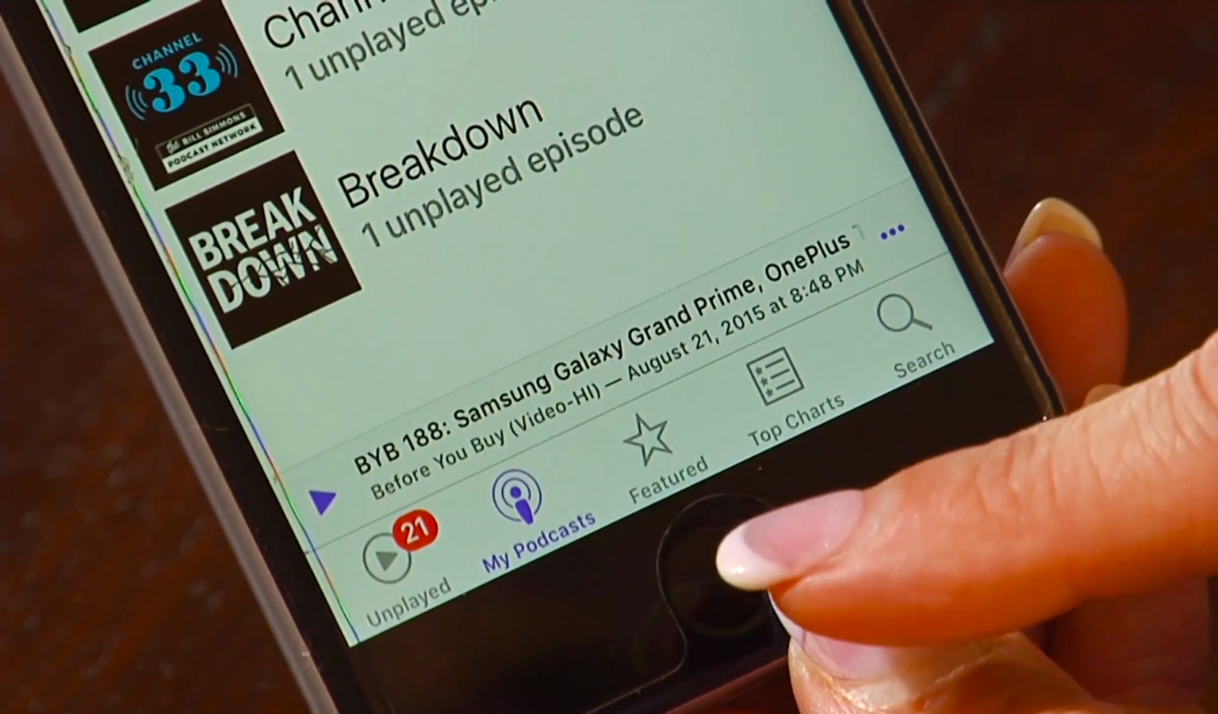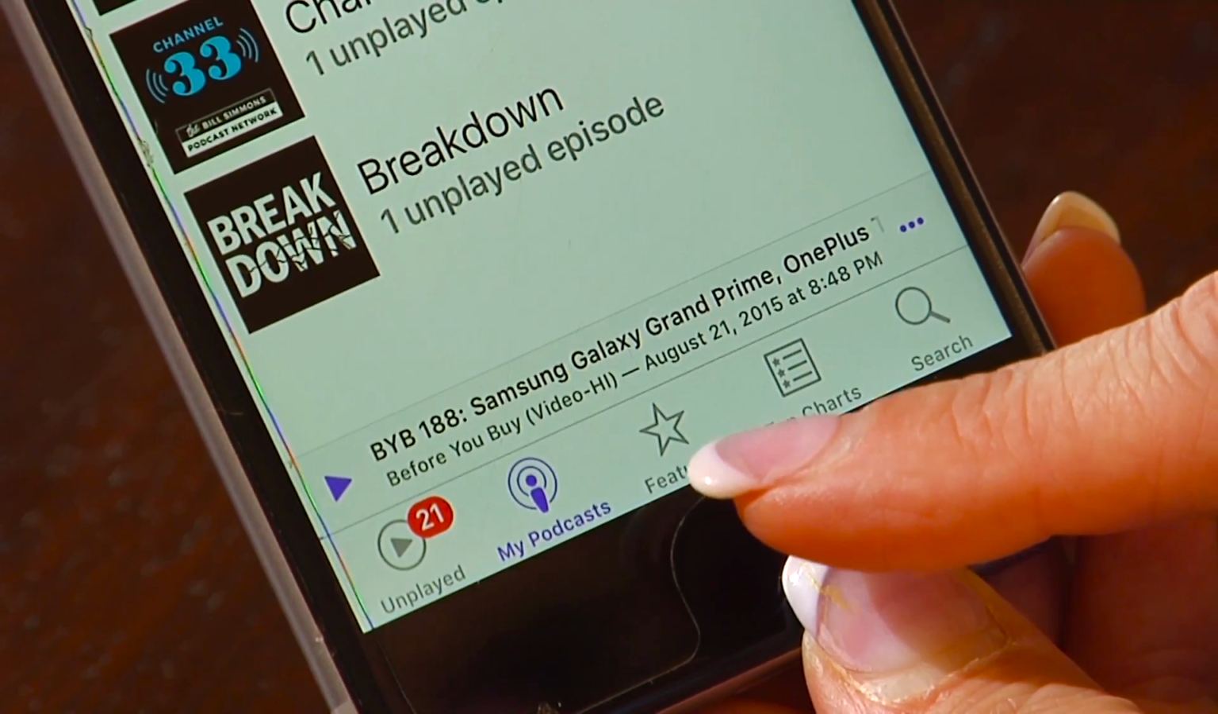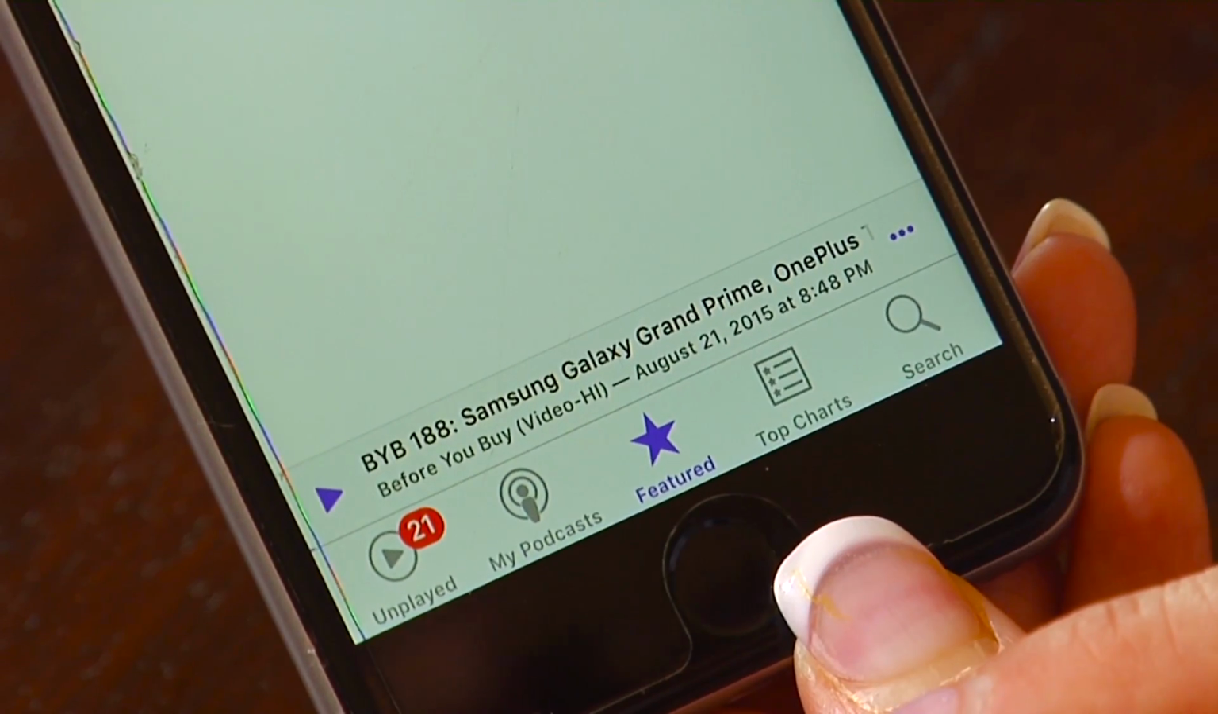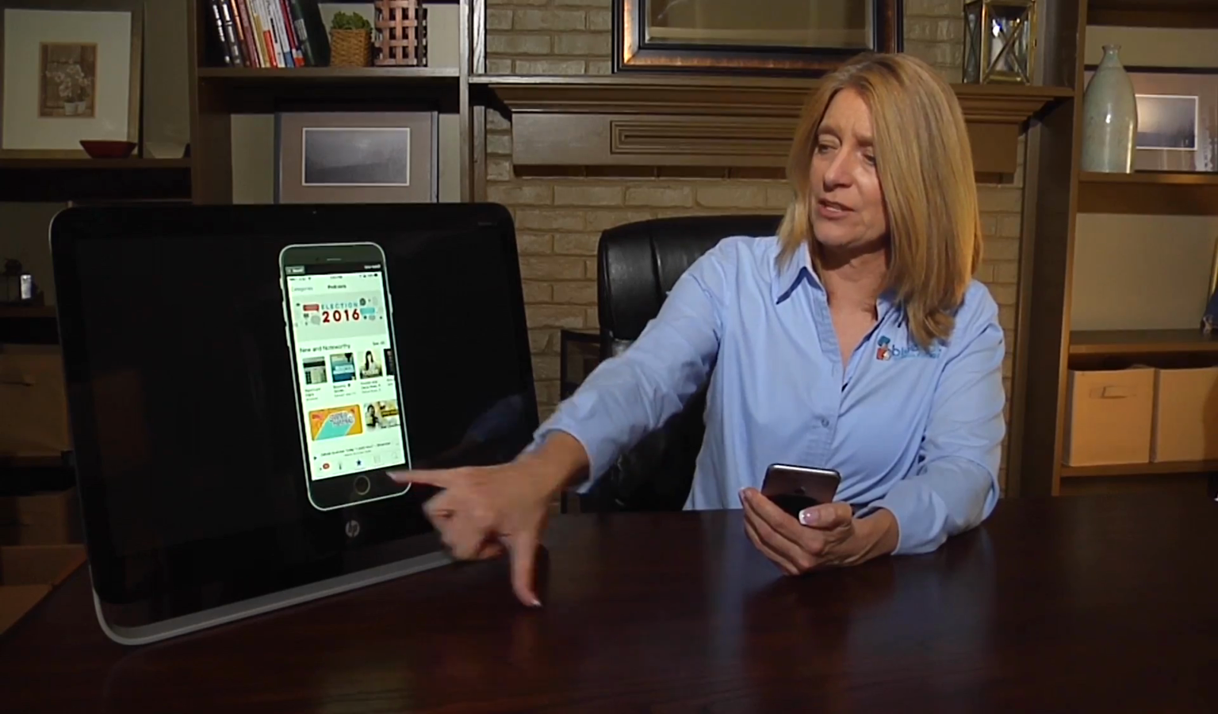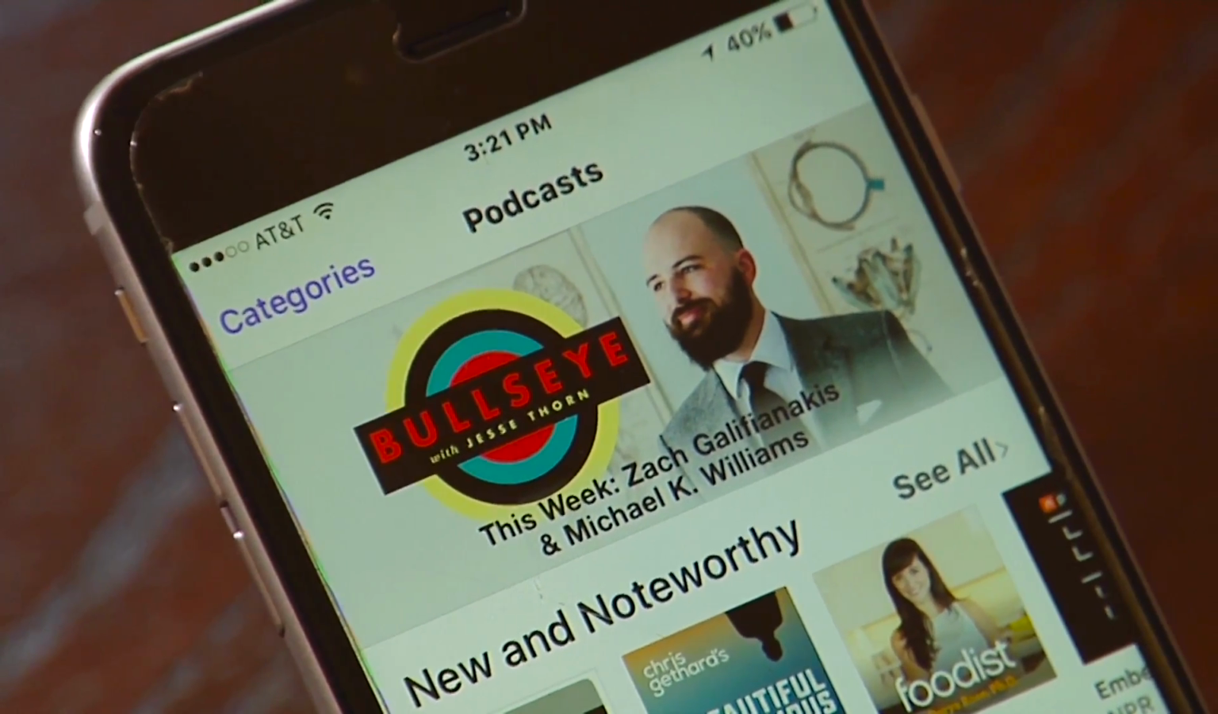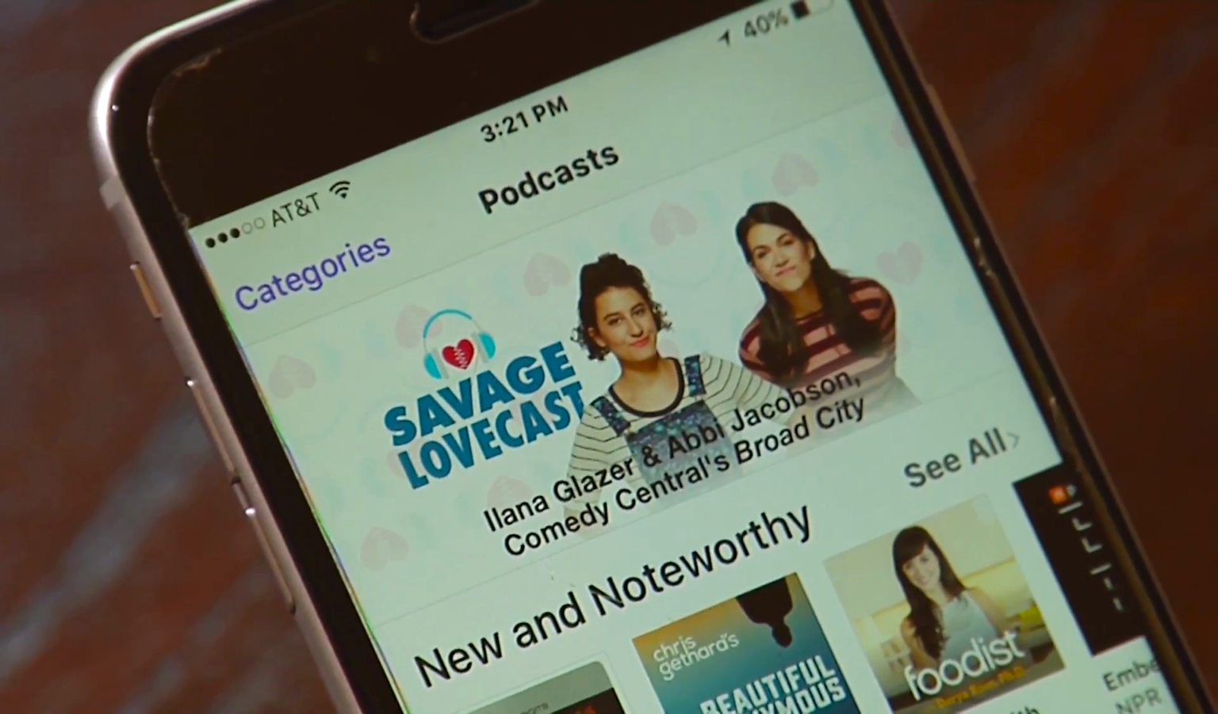So the first option that I'm going to select is the Featured or the star category. So when you tap on that star, up come the featured podcasts that Apple wants to let you know about. Typically these are the newer ones or possibly more popular ones. And again, if you look at the screen, it looks very similar to the App Store. And it is set up that way. So if you use the App Store a lot, you're not going to have any problems using the podcast store